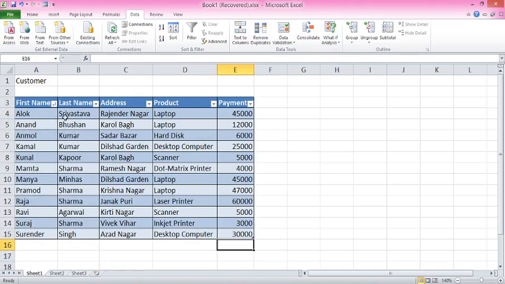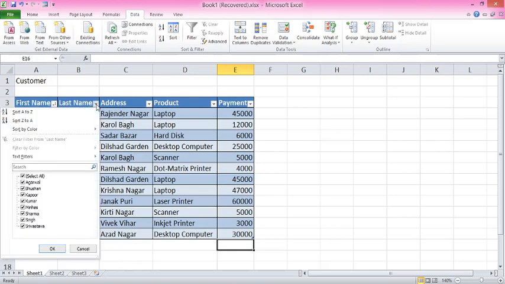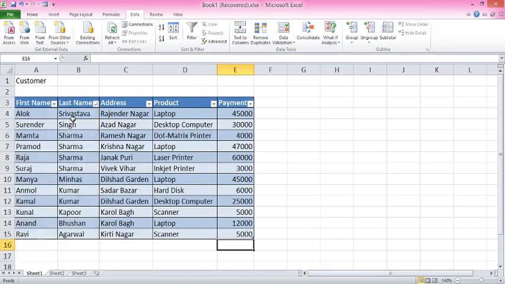If you want to sort on the basis of last name, then select this drop down menu beside last name, and suppose I want to sort them Z to A, then again you can check that they have been arranged in the same way. So this is how we can sort, and the sorting option is also made available to us in the data tab here, where A to Z and Z to A are the two criteria given.